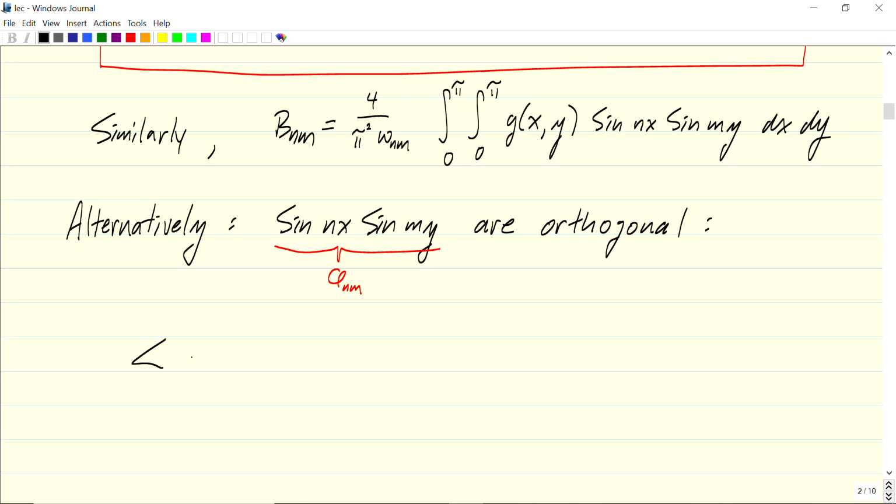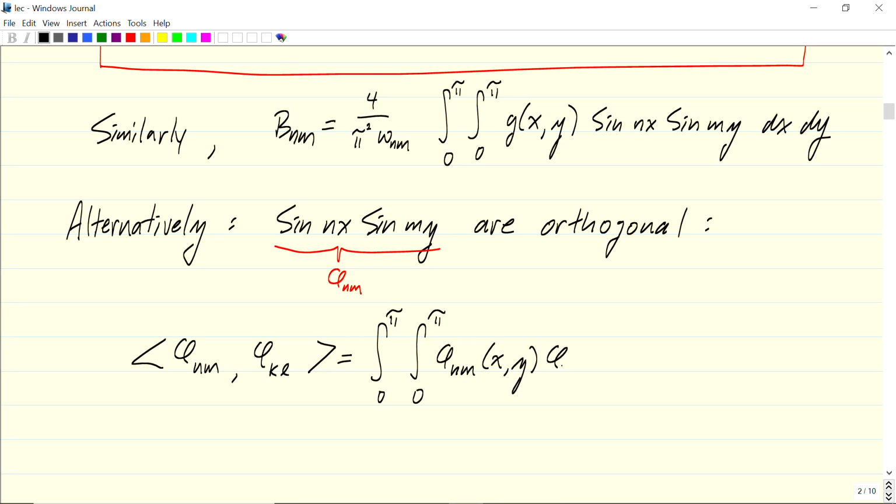And being orthogonal would mean that phi sub nm paired with phi sub kl, that would be an integral over the square of phi nm xy, phi kl xy, dx dy,